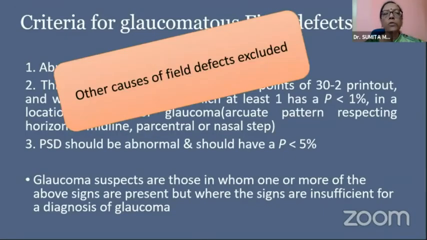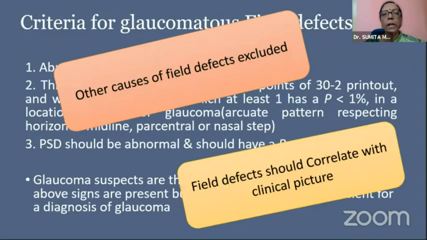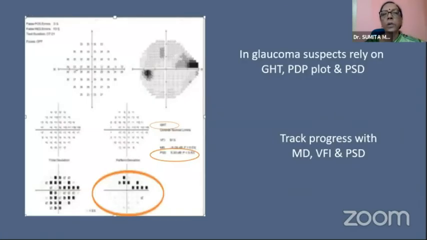But other causes of visual field defects have to be excluded, and field defects should correlate with the clinical picture. Only then can we call them a glaucomatous defect. So in glaucoma suspects, we have to rely on the GHT and the pattern deviation plot, because the GHT is designed so that it is very highly specific and sensitive for glaucomatous field defect, and we can track our progression with the